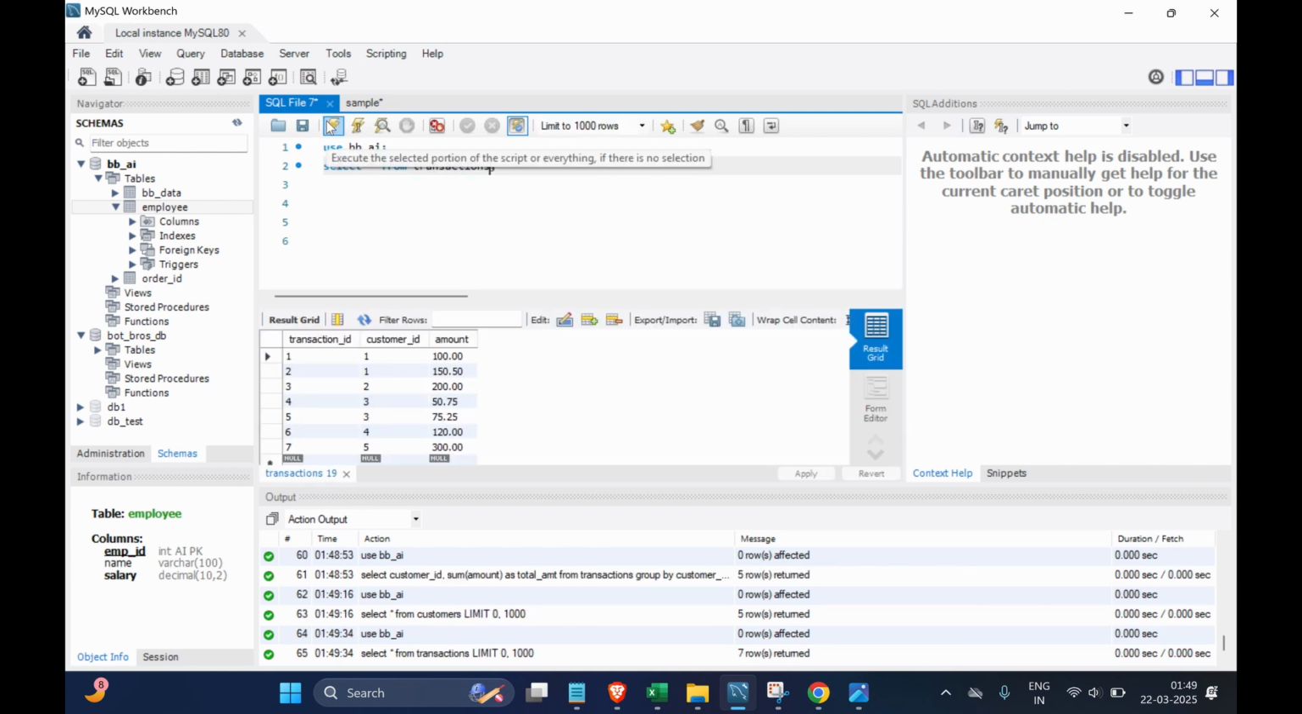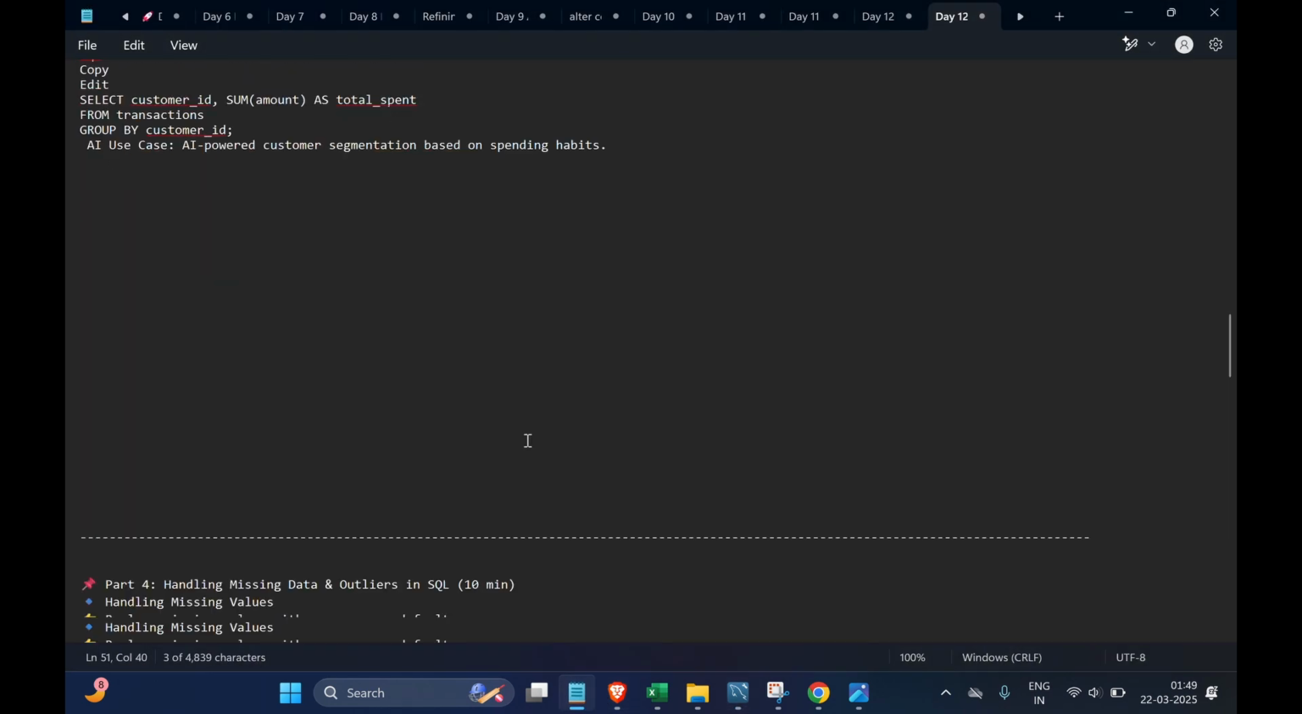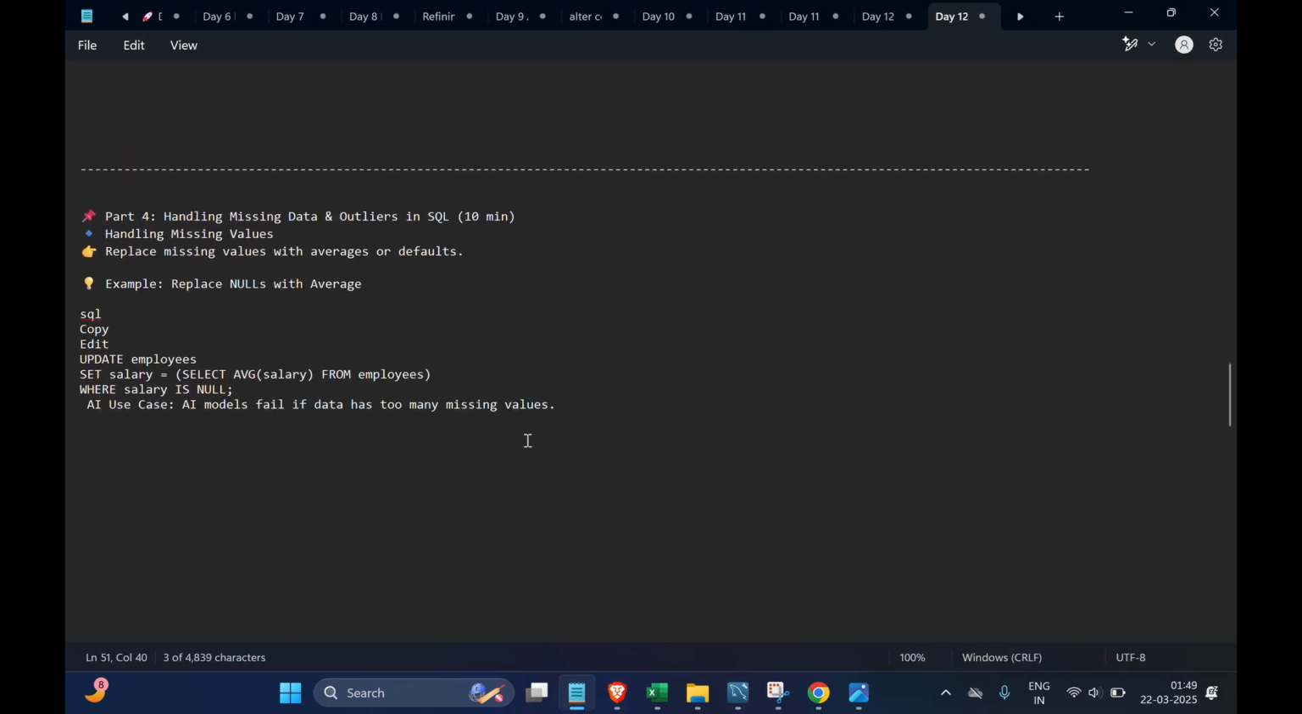So if I run this, here you can see that transaction ID, customer ID, transaction ID, customer ID is 150. So this, in the previous sum, will add these both and give us the result values. So this will give us accurate results of grouping multiple things into one value and help us solve things faster. So now if I go to handling missing data and outliers in SQL, so to replace missing values